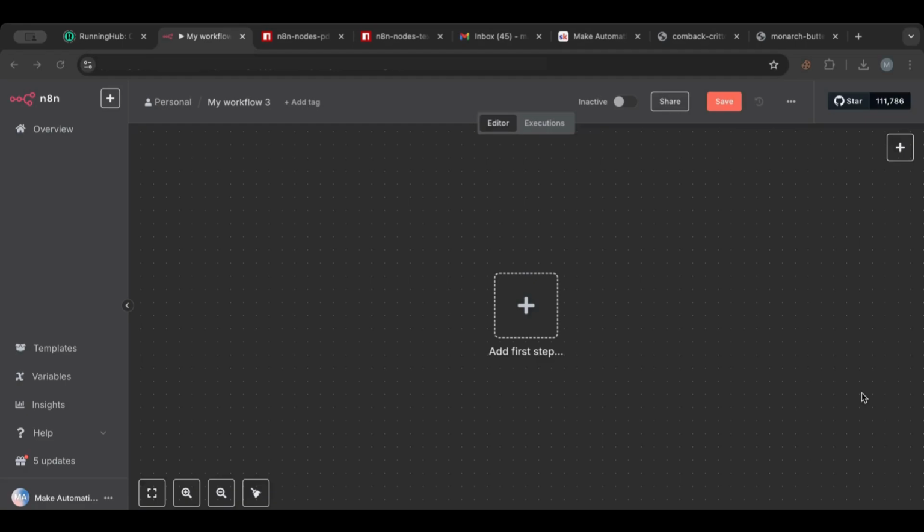Today we are going to do something very cool. We are going to inspect another community node. And today's community node is a bit special because